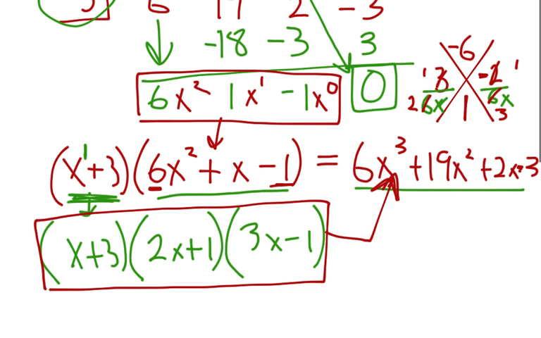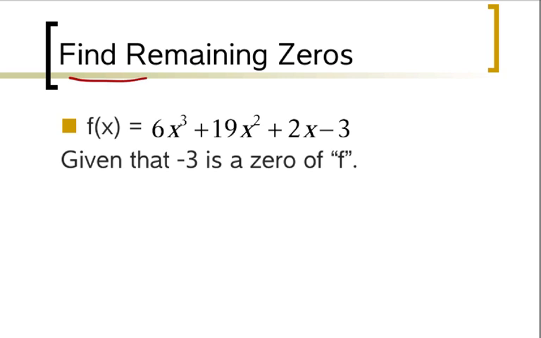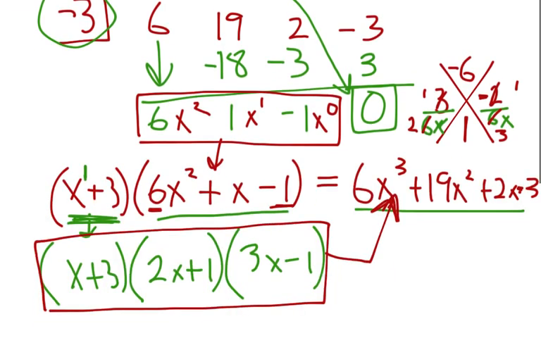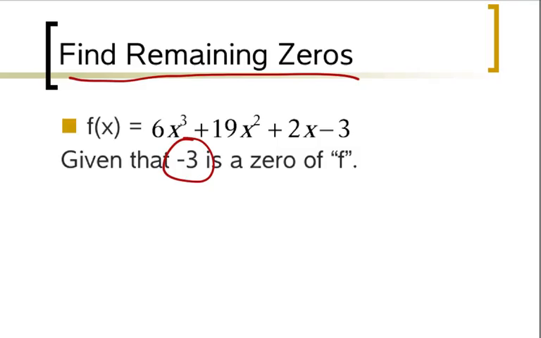Now, on this next slide, what we're going to be asked to do is find remaining zeros. Okay, the remaining zeros means that I know that I have negative 3 as one of my zeros, and you're going to be asked in some of your homework questions to do what we did on the last problem, which is to just factor, and then other problems, which it says find remaining zeros. Well, in order to do this, find the remaining zeros, we have to do what we did on the last slide, which is actually find, it means first find all the factors,